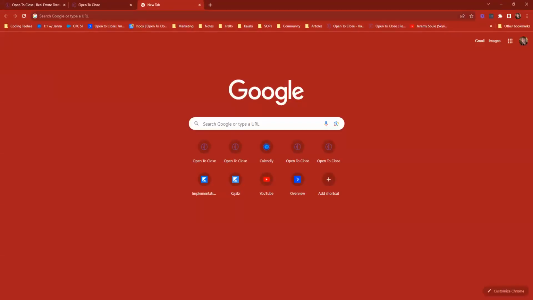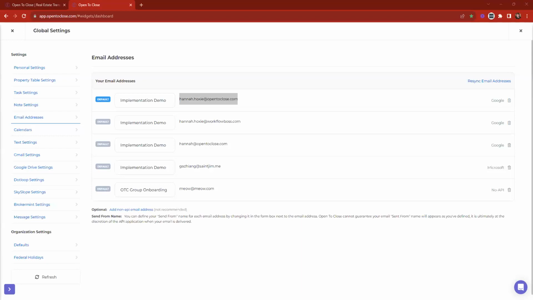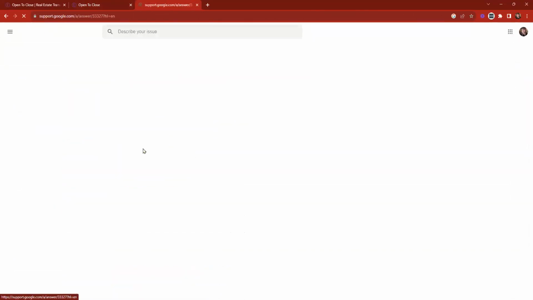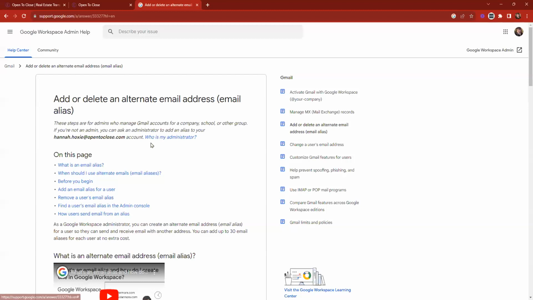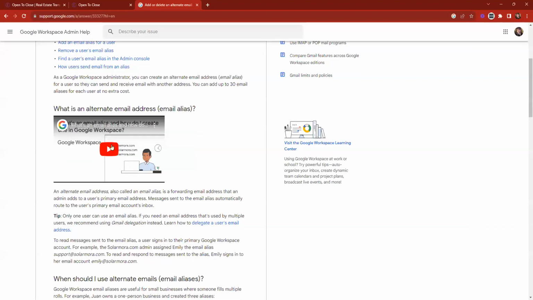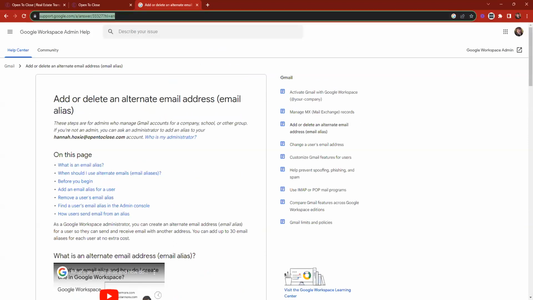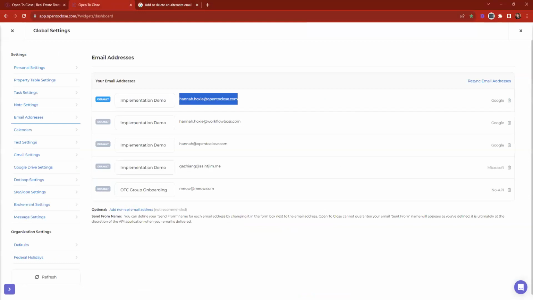Let me see if I can pull that one up. How to create aliases in Google. Here we go. So, how to create aliases for Google. I definitely suggest always going to Google Support's version. So here's Google Support's version. It explains what an alternate email is, what an alias is, and it goes through these steps. I'll grab this and throw it over to my co-host to drop in the chat for you guys. But that one, this could be a good